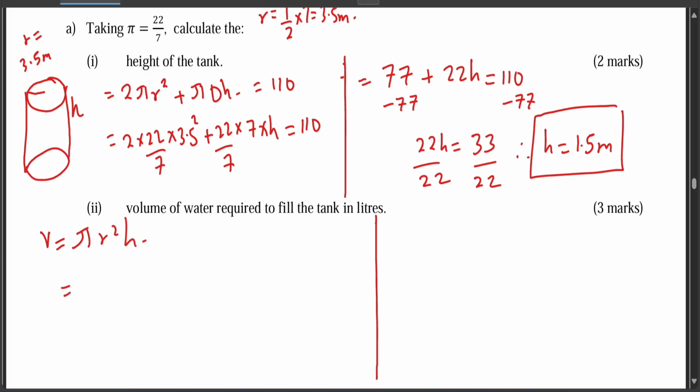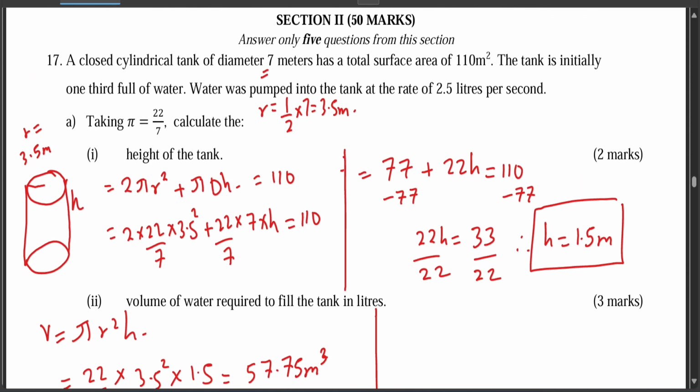So if I take 22/7 times my r, which is 3.5 squared, multiplied by the height, which is 1.5, the total volume of the tank will be how much? Now the total volume of the tank is 57.75 cubic meters. Okay, but now remember that